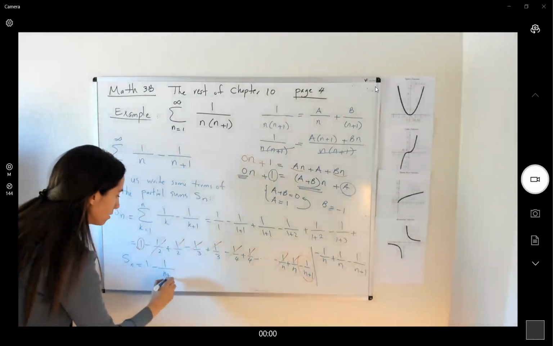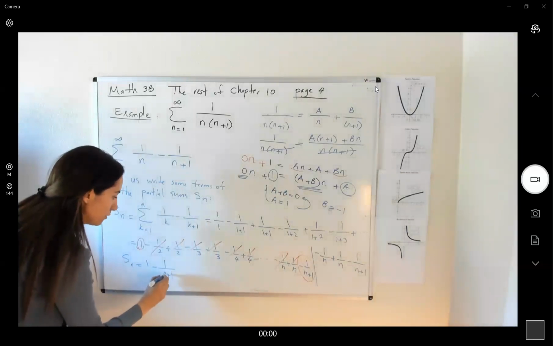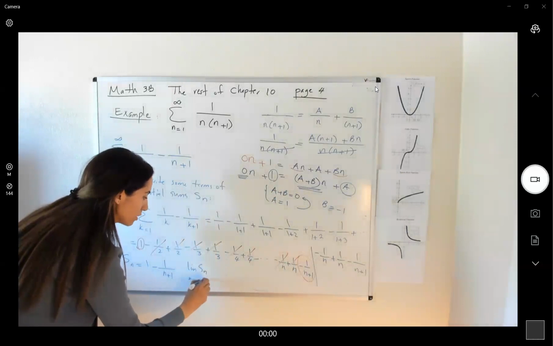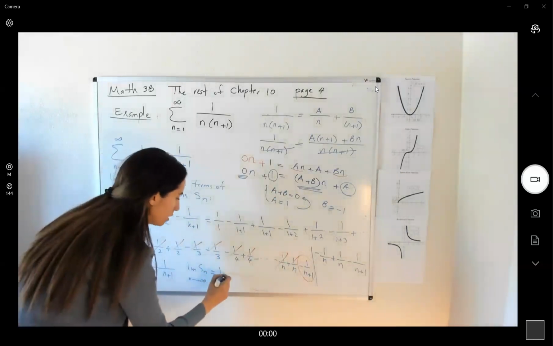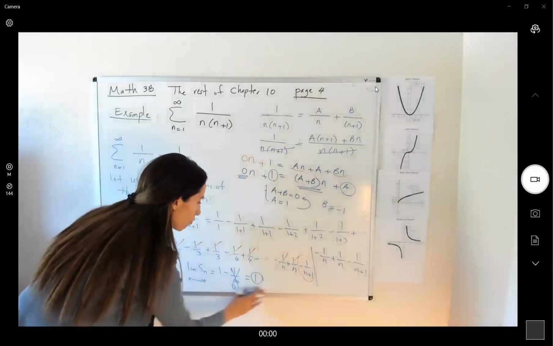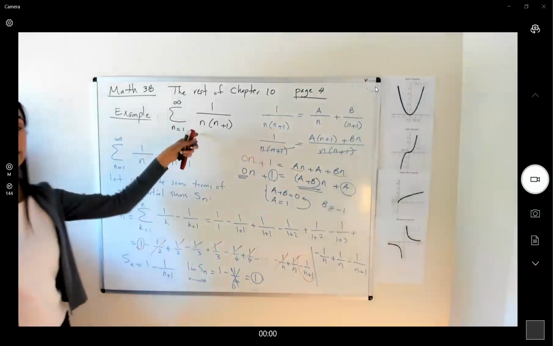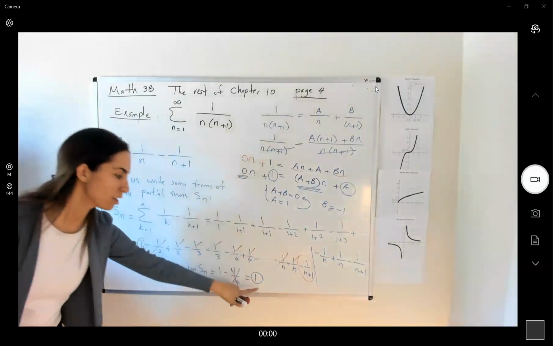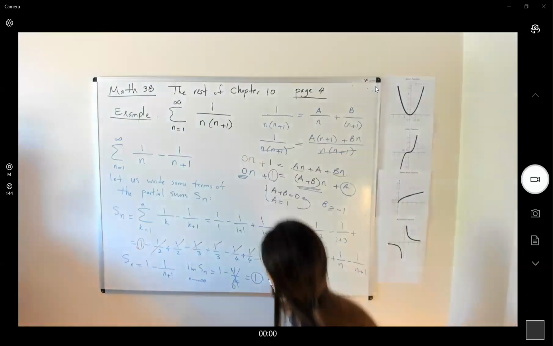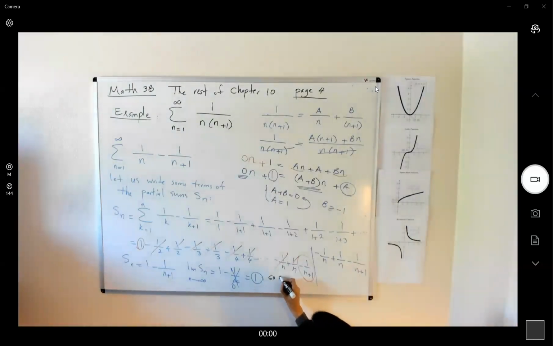One over n plus 1. So if we take the limit of Sn while n goes to infinity, this is 1 minus 1 over infinity, which is 0. So this series converges to 1. This is your conclusion. So our series converges to